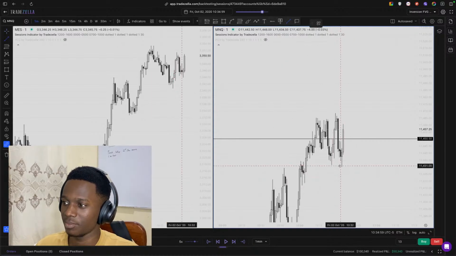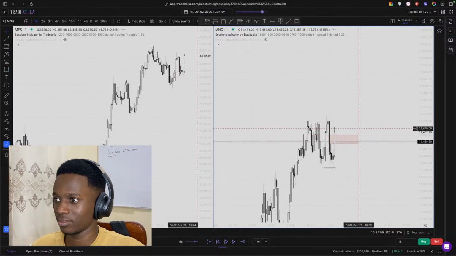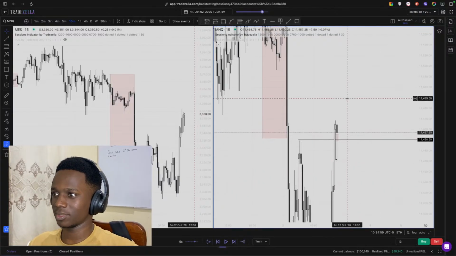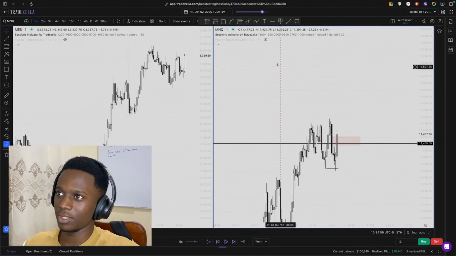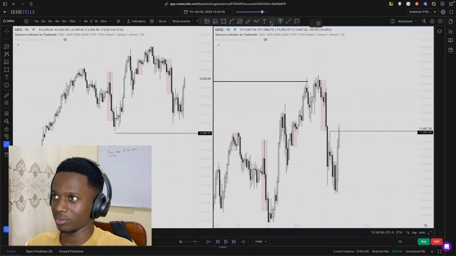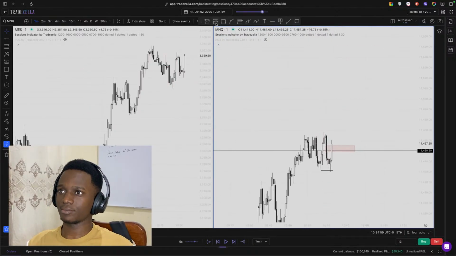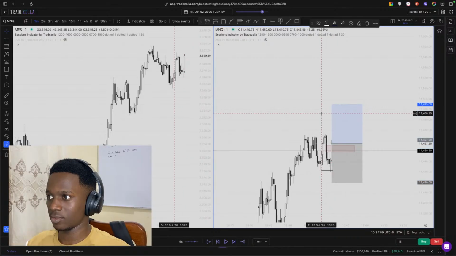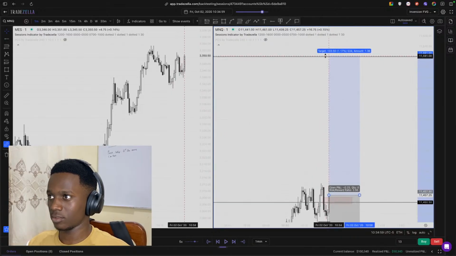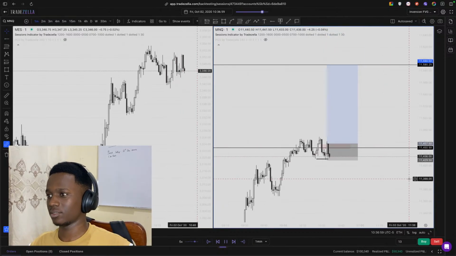Price is playing with us. A small run here, then we get an inversion, 5 minute rejecting, 15 minute very small retracement. I mean, where will price be heading to? Well, one thing I can see is that I don't have a clear target, because I wouldn't just shoot for this high here. I wouldn't take this, but